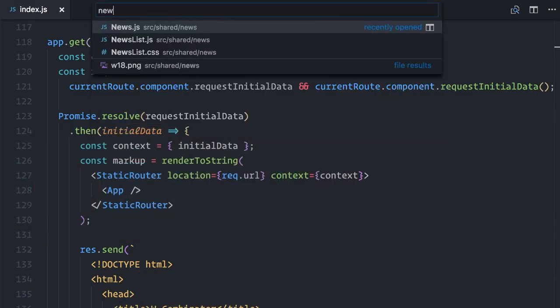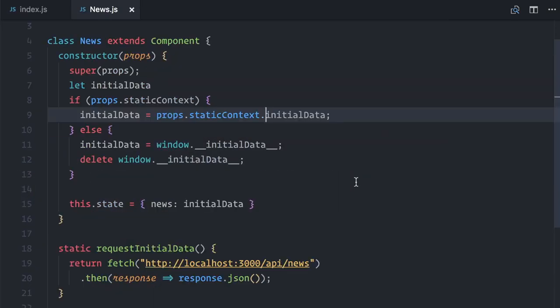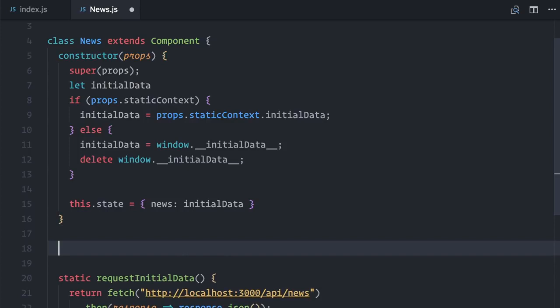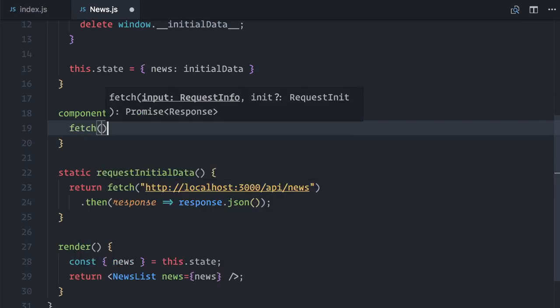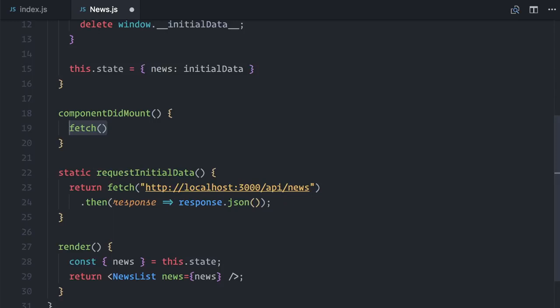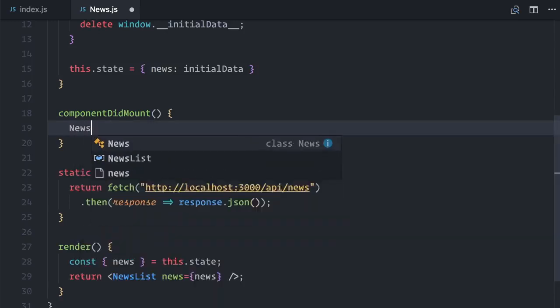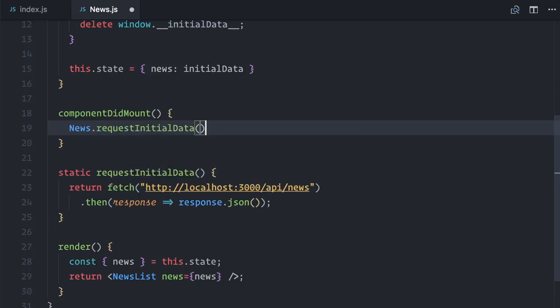Well, that's very easy to solve. I'll open the news component and do a regular data fetch on componentDidMount. I already mentioned this: componentDidMount is not called on the server, so I can safely use it to do data fetching on the browser when it doesn't come pre-populated. I'll do a regular fetch. Wait, I can even use the static requestInitialData that I already have in place. News.requestInitialData, then